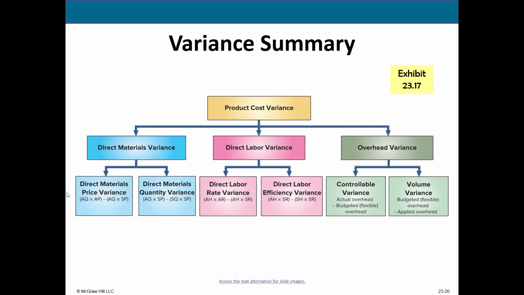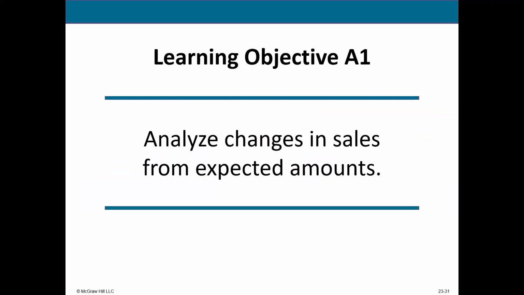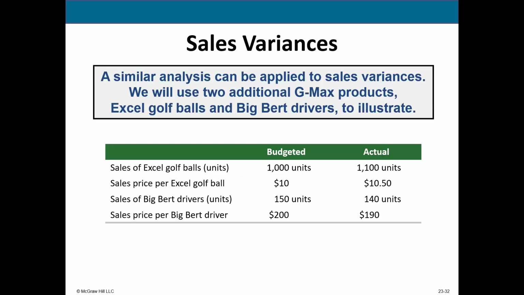We can also compute other variances, like the sales variance. As a manager, you might be responsible for sales, and so you need to be able to compute sales variances because they really do help us do a deep dive into our products: what's selling, what's not selling, those types of things. So here we have a sales variance. This company is creating golf balls as well as golf clubs.